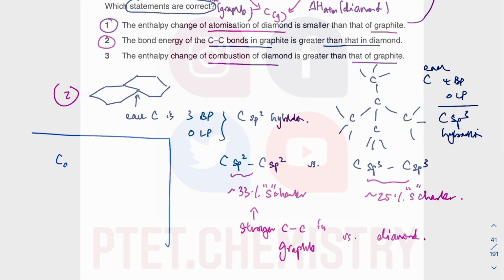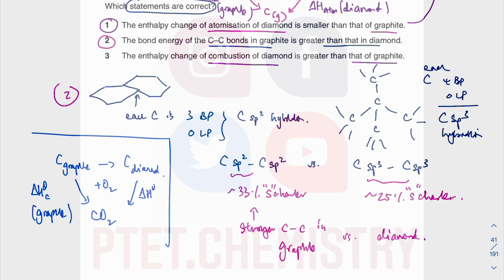We go from graphite to diamond. Option 3 is about combustion. So this is burning in oxygen, plus oxygen, will give you CO2. So this is the combustion of graphite. Maybe combustion, I just write delta HC, which is what most books will have done. Combustion of diamond. And that is your enthalpy change, which was plus 3 as well, because this enthalpy change reaction